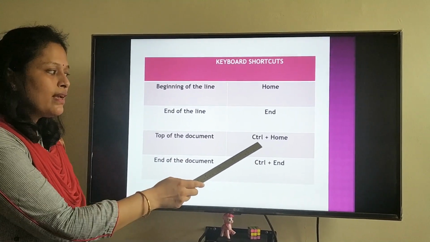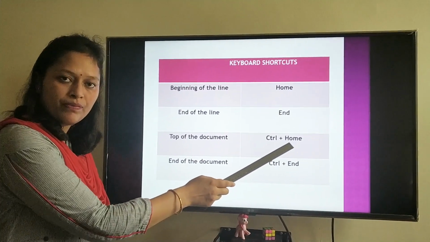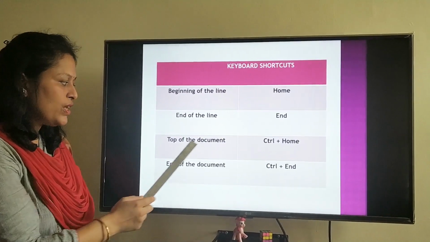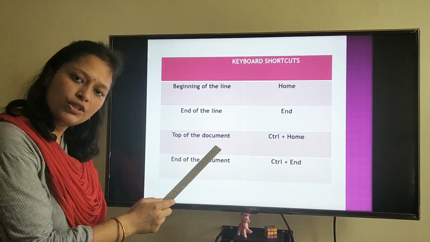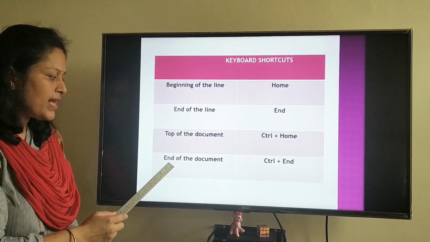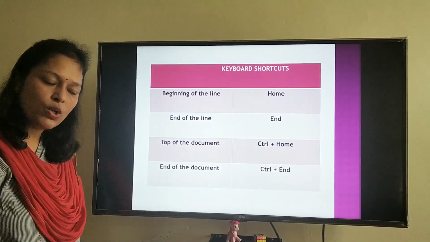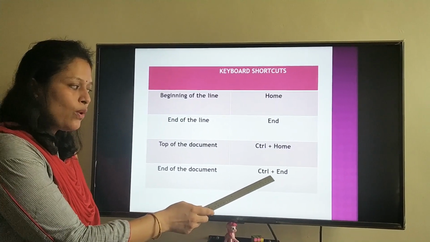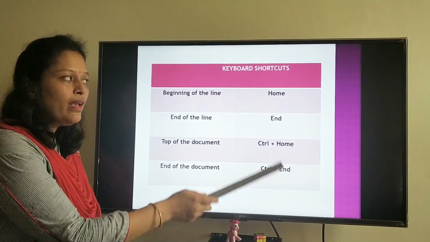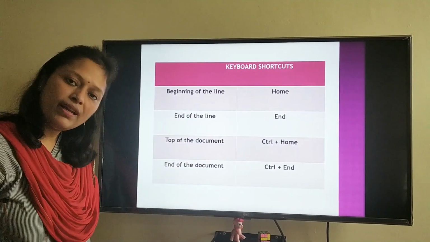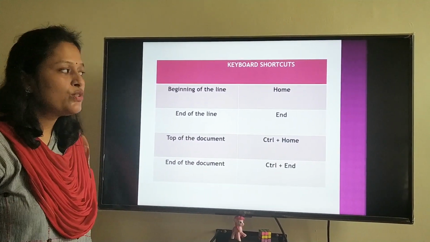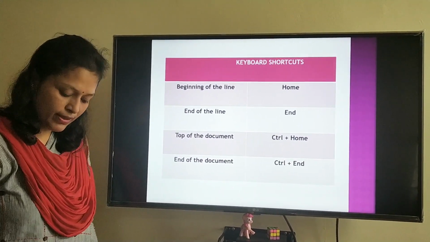You will press Ctrl plus Home. Ctrl plus Home will take you to the top of the document. Last is end of the document. If you want to reach the end of the document, you can press Ctrl plus End. These shortcuts are very, very commonly used, children. So please remember all these shortcuts.